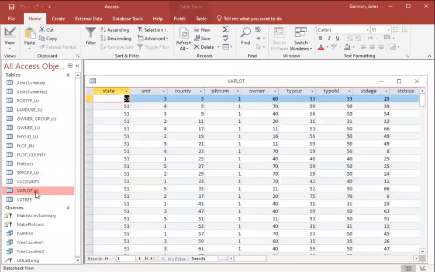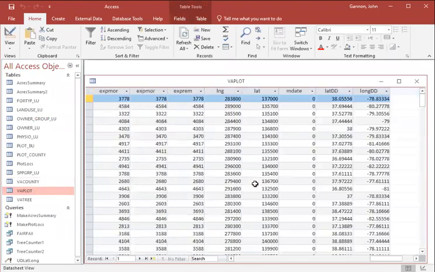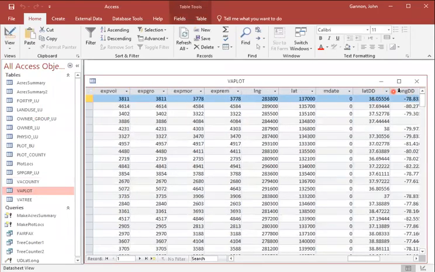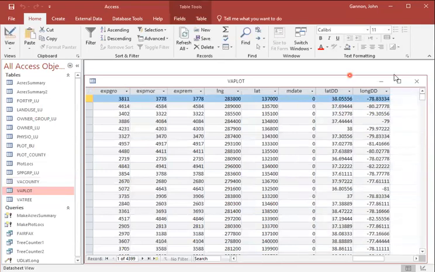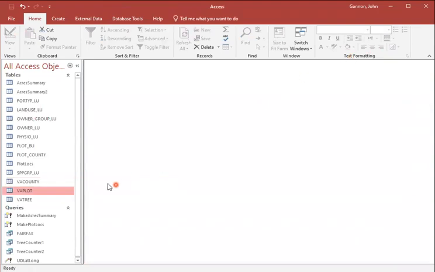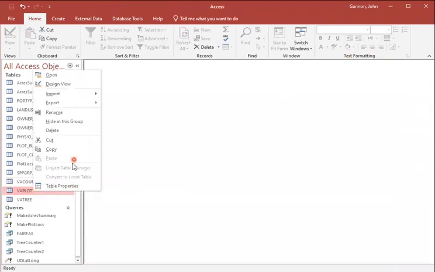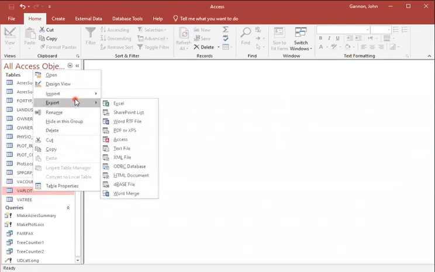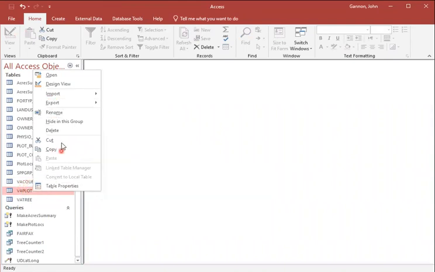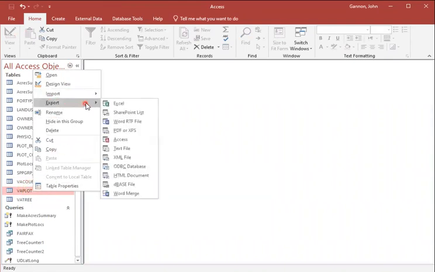For example, if we look at VA plot here, you'll notice that at the end, it has latitude and longitude for these plots. So we might want to make a map of it. So what I'm going to do is export this table with an eye toward being able to import it into ArcGIS. So we go to Virginia plot, go to export, and we want to export this as just a plain text file. That'll be the easiest to read in to